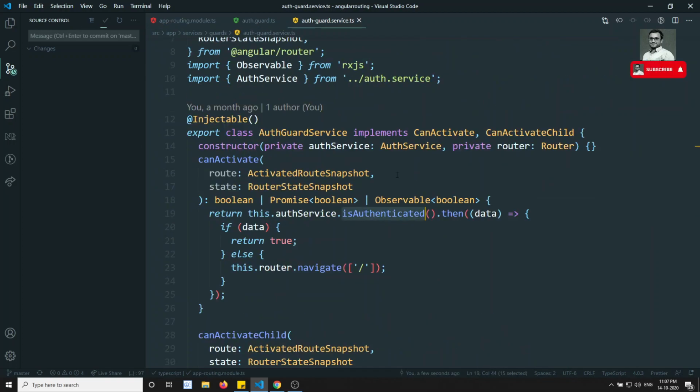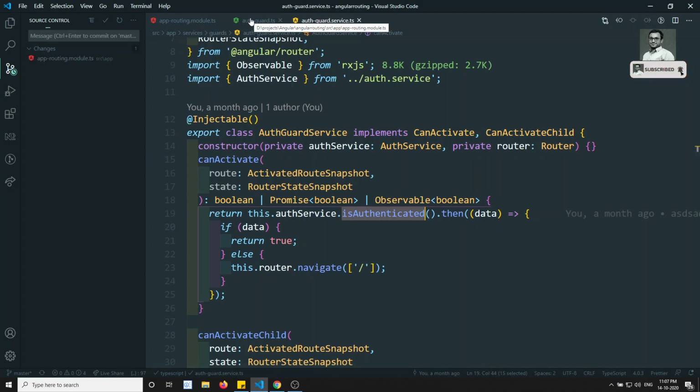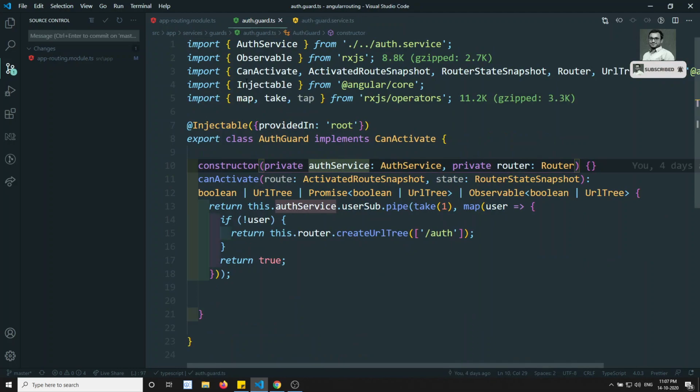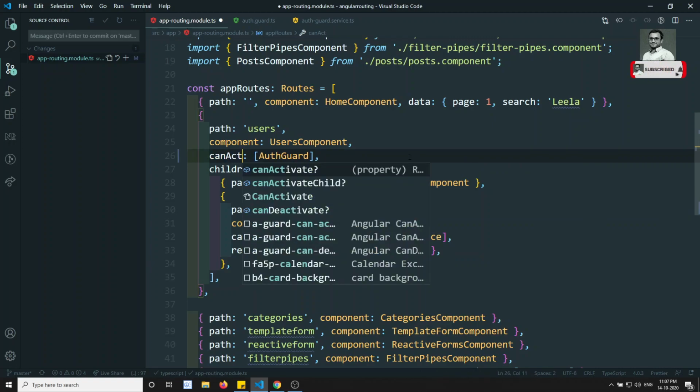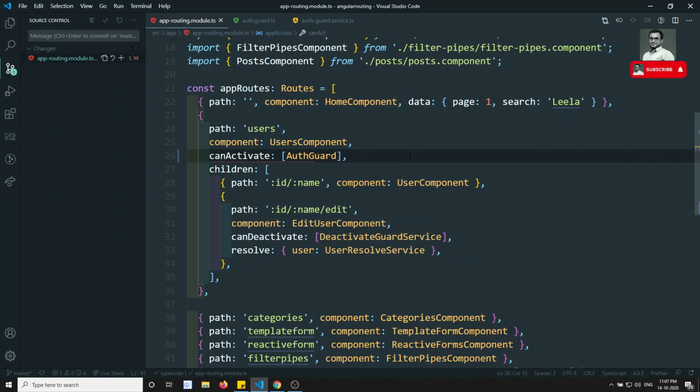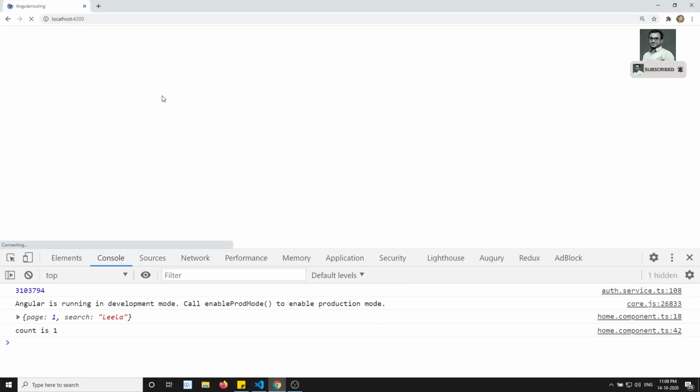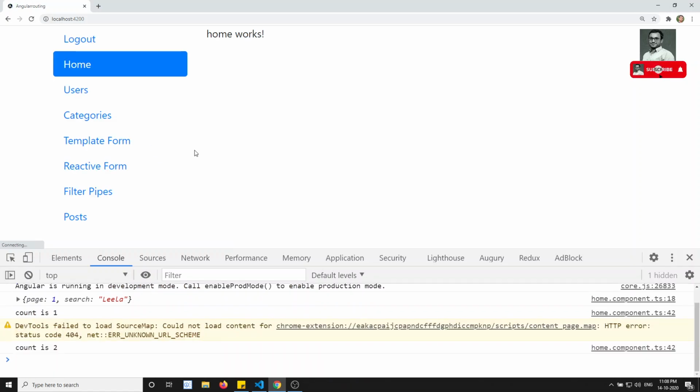For demo purposes, we did this the first time, when we were working on the authguards. We have removed this canActivateChild, and we need to change it to canActivate, because we don't have the implementation of the canActivateChild method in the AuthGuard. It is only for the root. So the first thing is I change it, refresh the code, and now I think the users things will work.